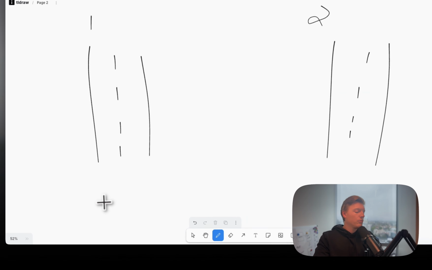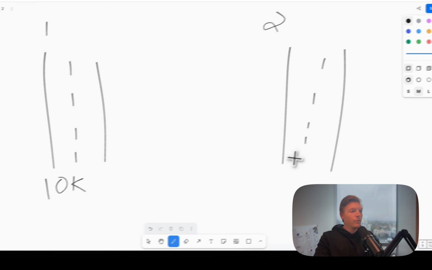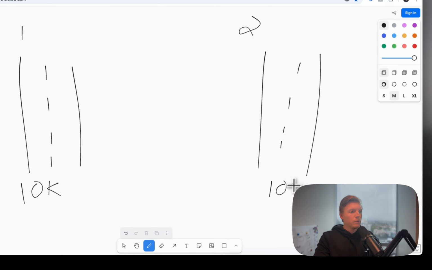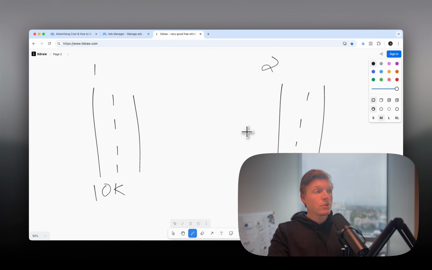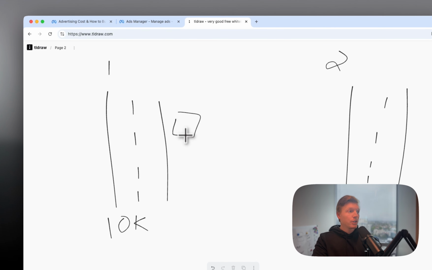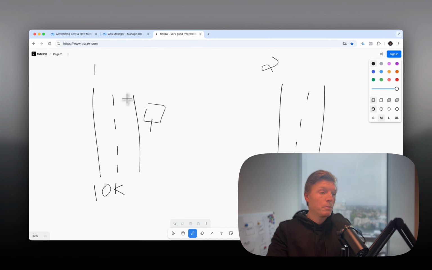On road 1, every single day, let's say 10,000 people drive through. And on road 2, only 100 people drive through. Most companies, when it comes to a billboard, are going to want to put an ad on road 1, because there are so many more drivers, so many more people versus road 2.